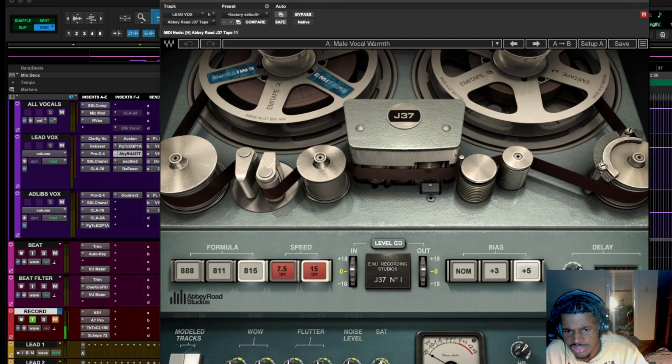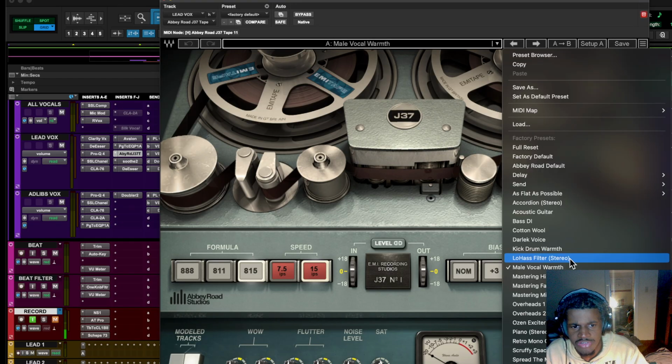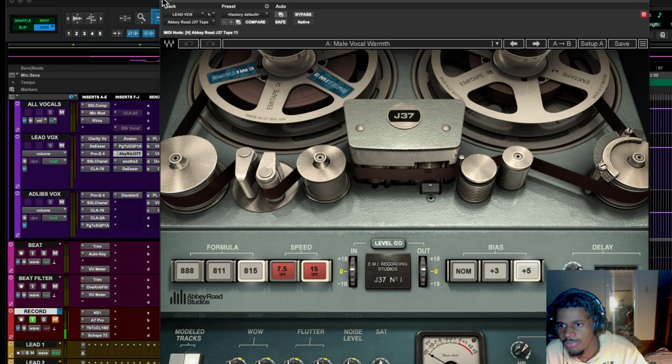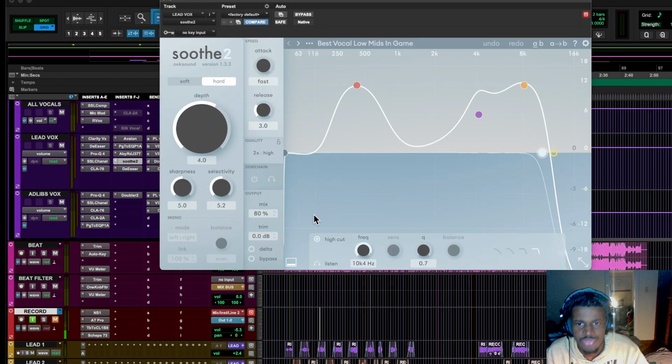We turned a little saturation up, and all I did was just change it to this preset right here. Y'all all should have this. Works perfectly fine for the Lil Baby vocal. And then we got some Soothe. If you don't got Soothe, just use a C4. I will always try my best to tell you an alternative. Use the C4 and go to the presets list and choose pop vocal. That probably would just make it perfect. You don't even have to do all this.